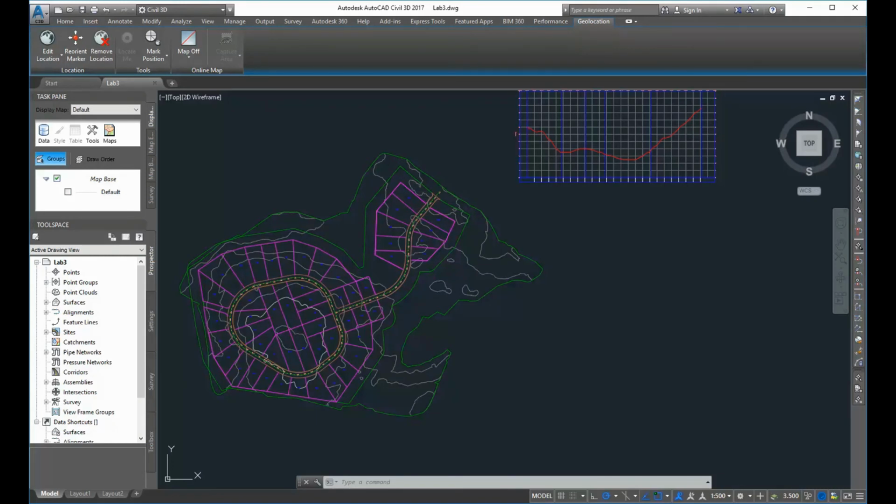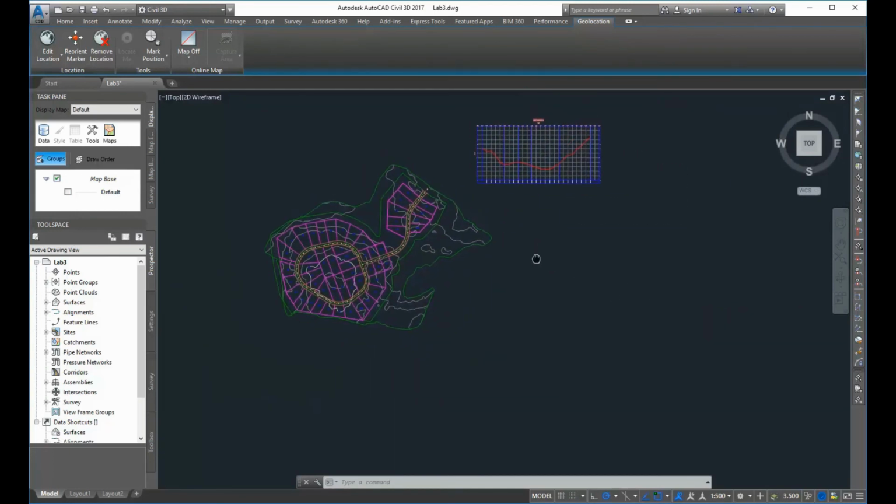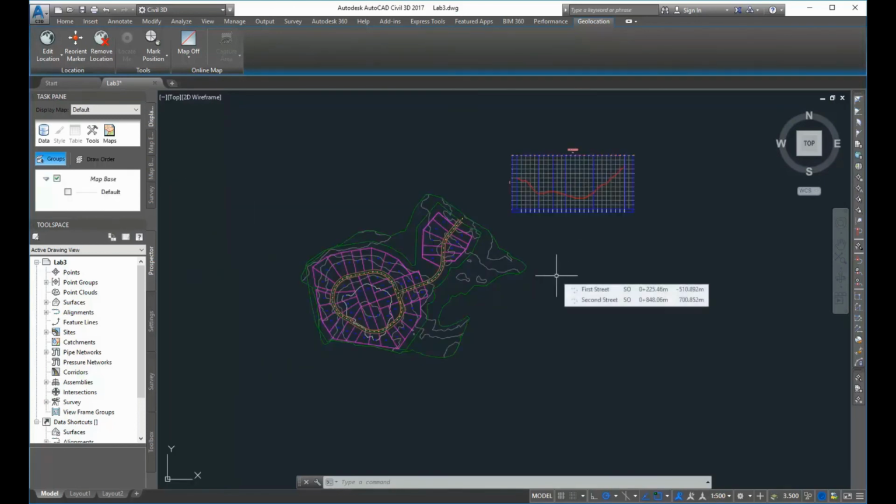Civil 3D Lab 3. You should have copied over the lab3.dwg file into your own personal file and folder and renamed it. But when you open it up, it should look familiar. This was the file that we used for the first lab, where we were looking down at a subdivision where